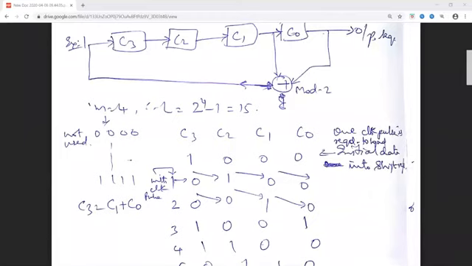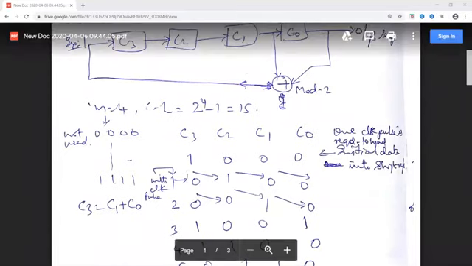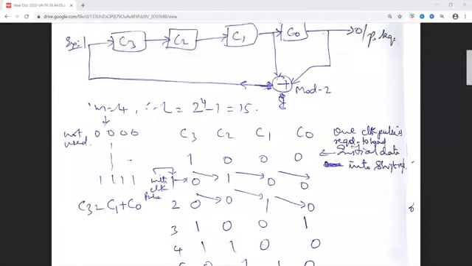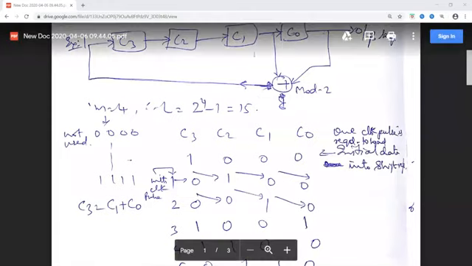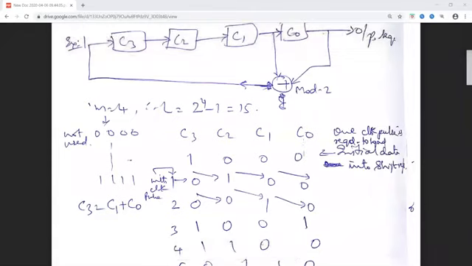Now with clock pulse 1, as per the circuit diagram, the data present in C3 gets shifted to C2, C2 gets shifted to C1, C1 gets shifted to C0. But what is the output of mod 2 addition? The output of mod 2 addition is C0 mod 2 with C1.